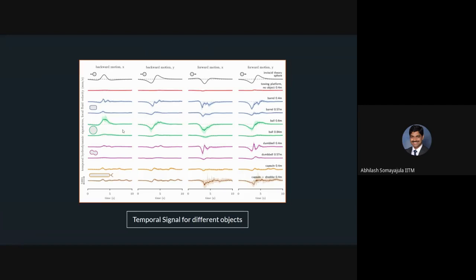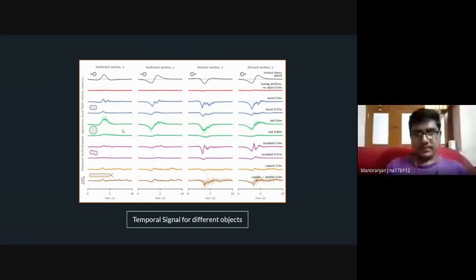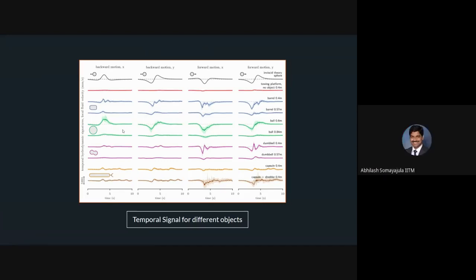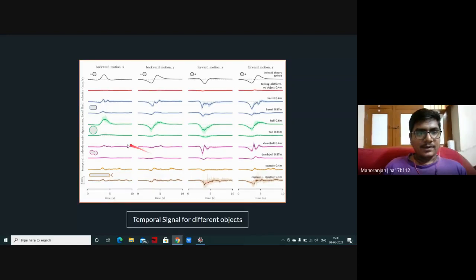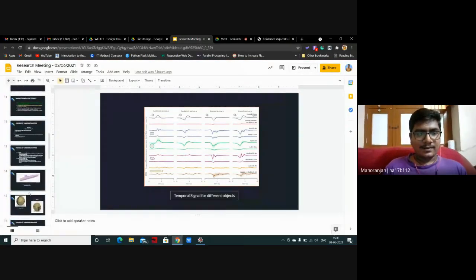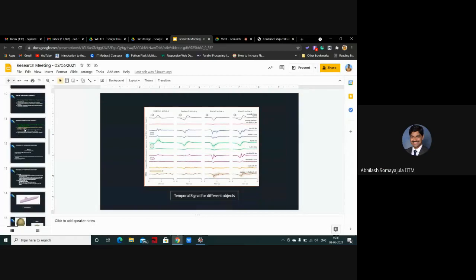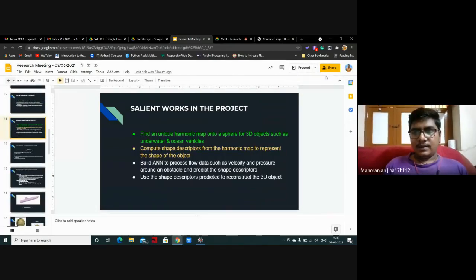Good. More questions? I also do not understand the flow. First you take the measurements, then what do you do next? Do you construct the map or discretize? I mean, how will the program flow? I do not understand which comes first, the map making or the shape descriptors. Not this current paper, the one that I'm working on. I think he's asking about your program flow.